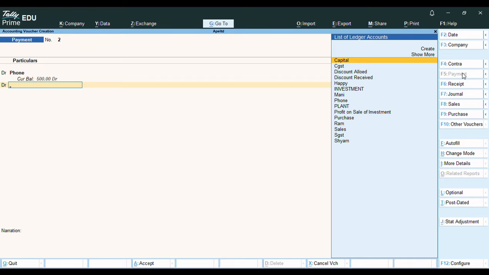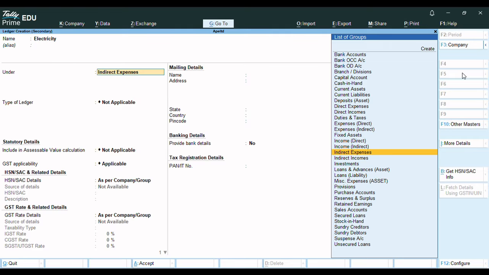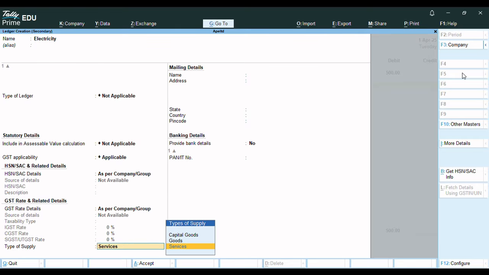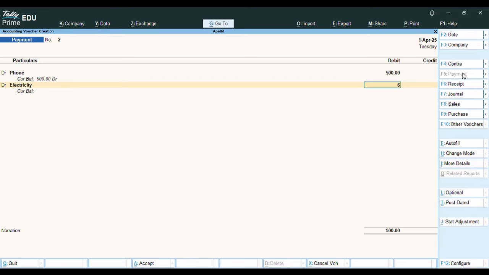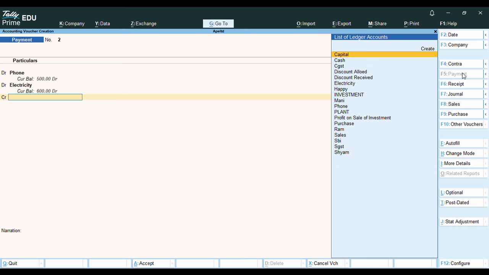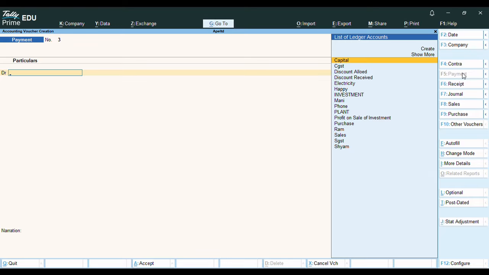Again same, I am passing both the entries together, Alt C, electricity, again indirect expenses, and the amount is electricity 600, by SBI, yes, okay, so this is your